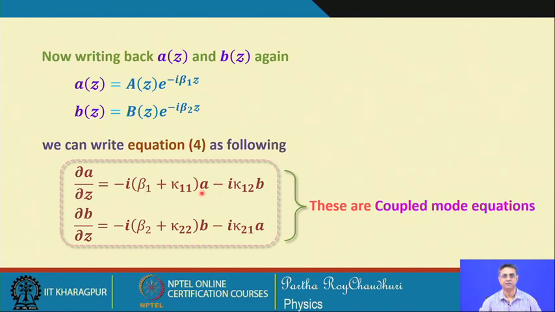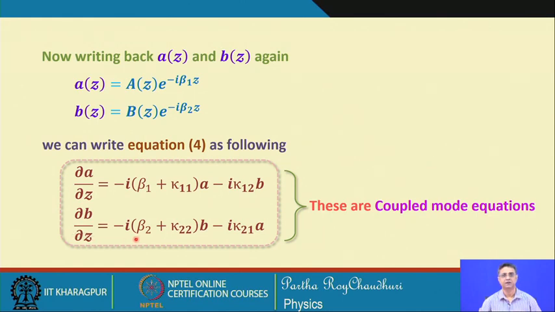The variation is related to the amplitude in the waveguide A itself and the interaction of the amplitude in the waveguide B through the coefficient kappa 1 2, and similarly the amplitude variation in the waveguide B along the length of the system,